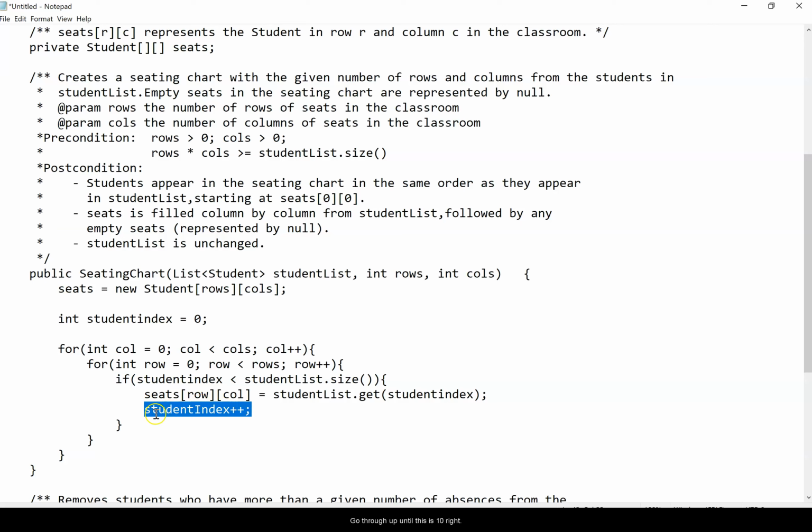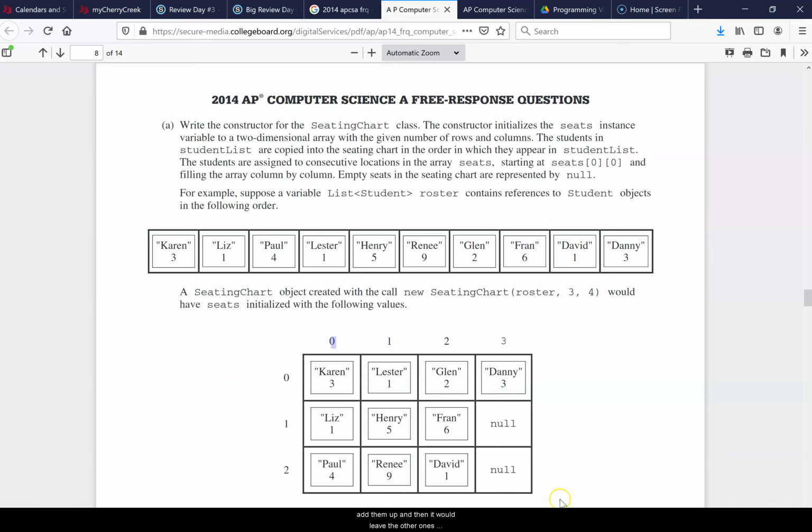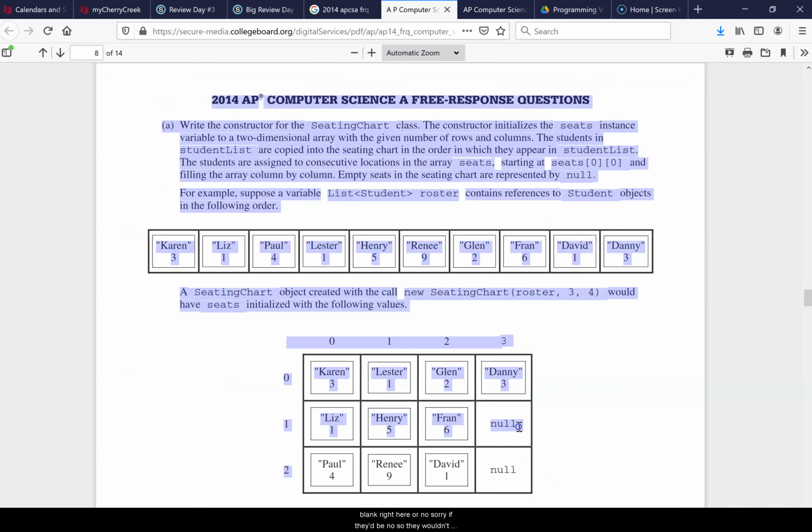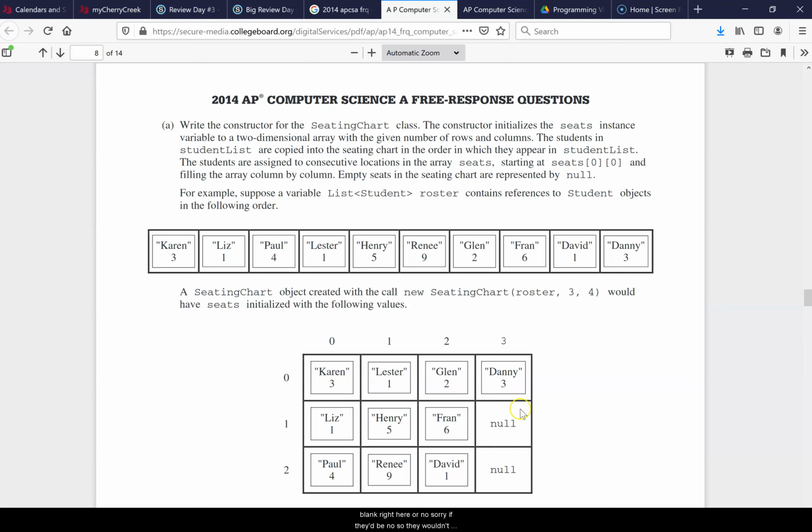And so what this will do is this will go through up until this is 10, right? And then this will run 2 more times. So yeah, that should be good. So then it would just add them up, and then it would leave the other ones blank right here, or null. Sorry, they'd be null. So they wouldn't add them up. So when this became 11,